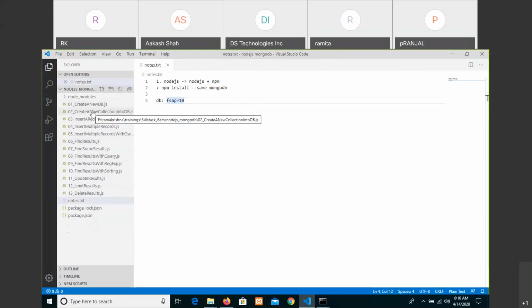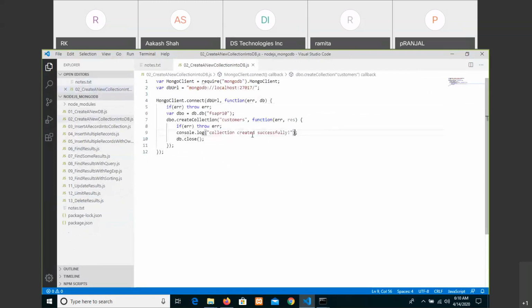Create a new collection into the database. Now we want to create the concept of products and orders. We have a group of products. From that we have selected one order or something else. Then whatever product has been selected as an order, we have to display. So let me do one thing first. Make it here, products.